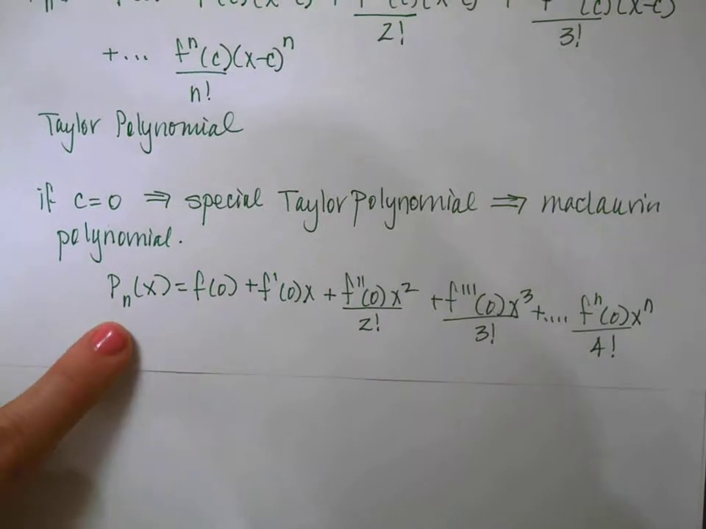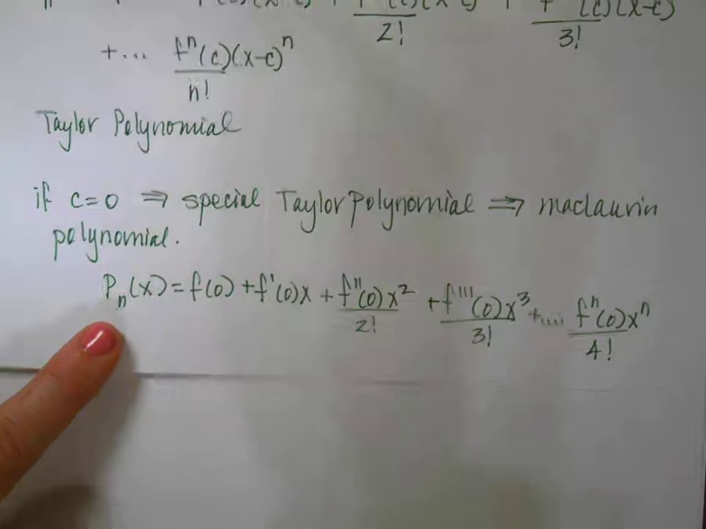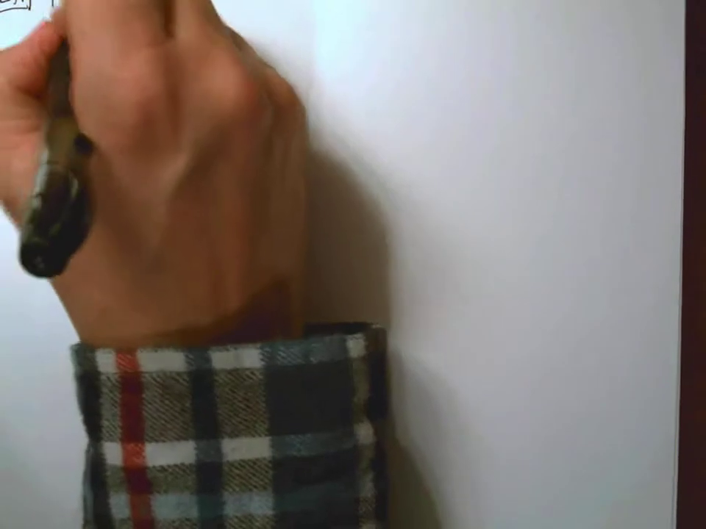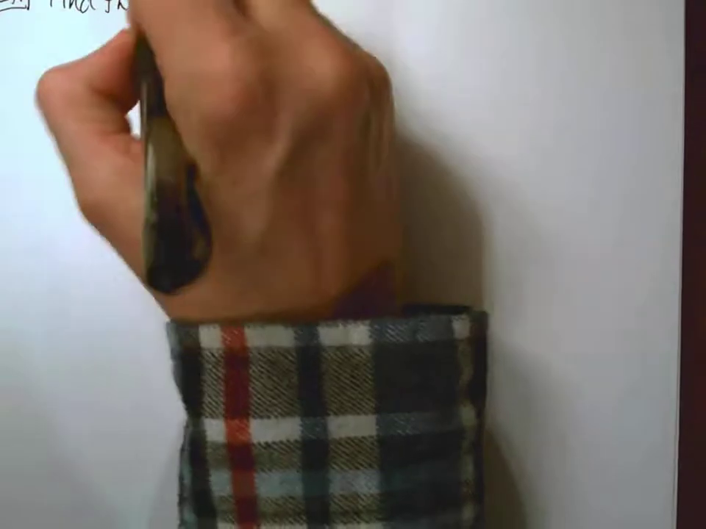So one of the things that I would tell you is as my degree increases, the accuracy of the polynomial approximation also increases. Alrighty? Okay, so let's do an example. And actually, I guess it's not going to be so horribly long. I want to find